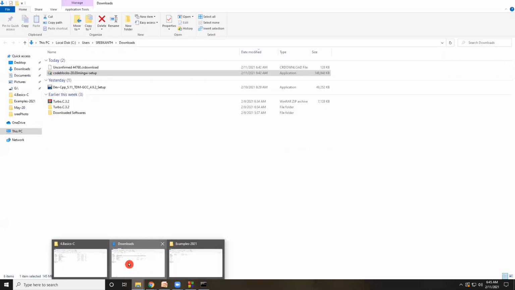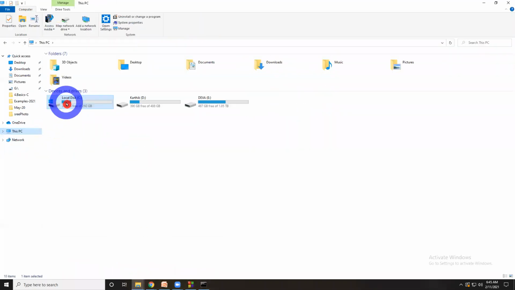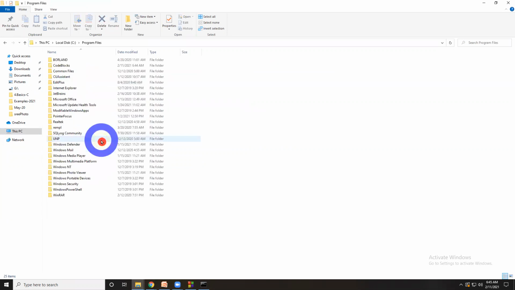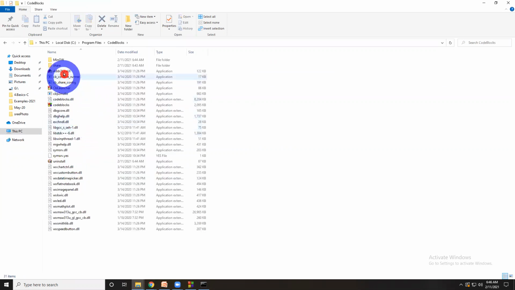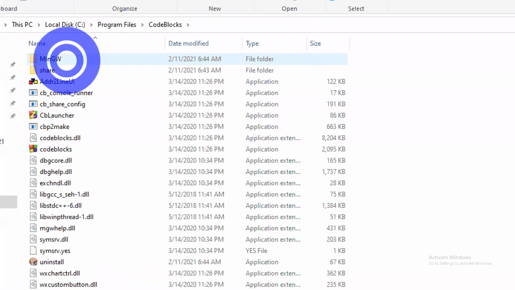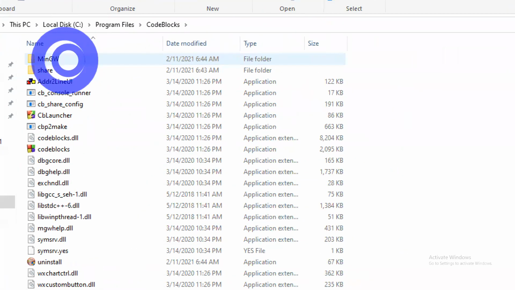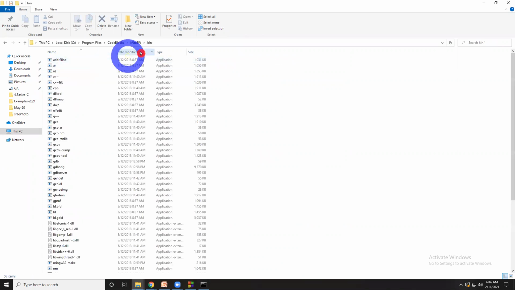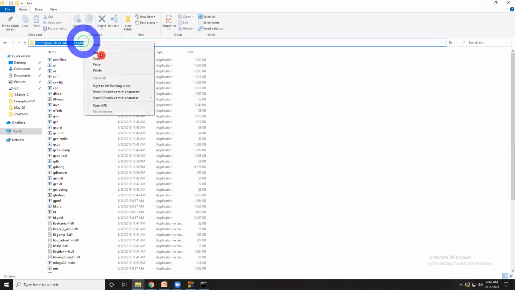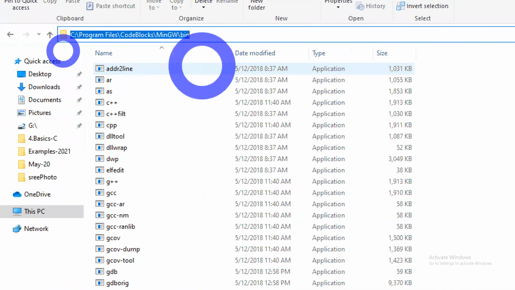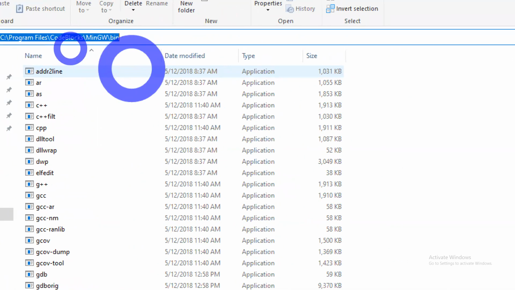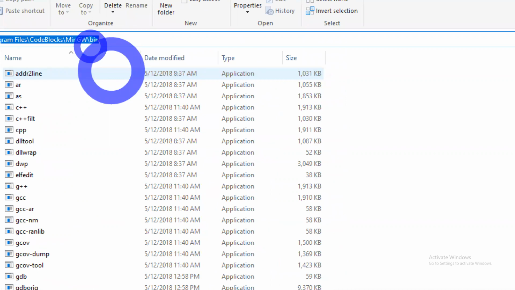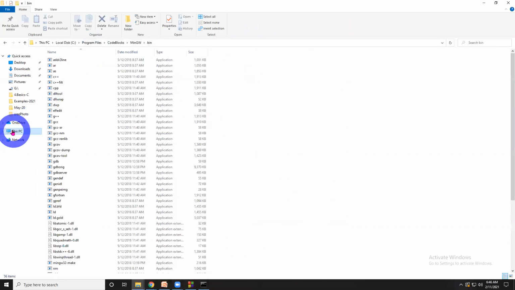See, observe here, go to C drive. By default it installs into Program Files, CodeBlocks, MinGW. Observe MinGW. Here I'm showing how to set the MinGW path environment. In MinGW, just double click up to the bin directory and copy the path. See, C Program Files, CodeBlocks, MinGW, bin, up to the bin directory, copy the path, and right click on